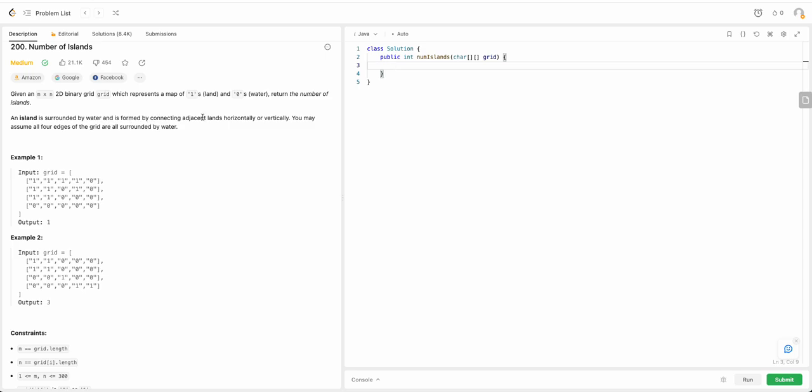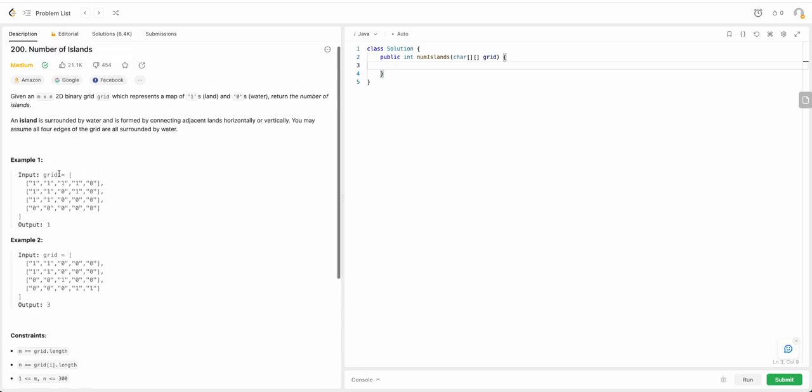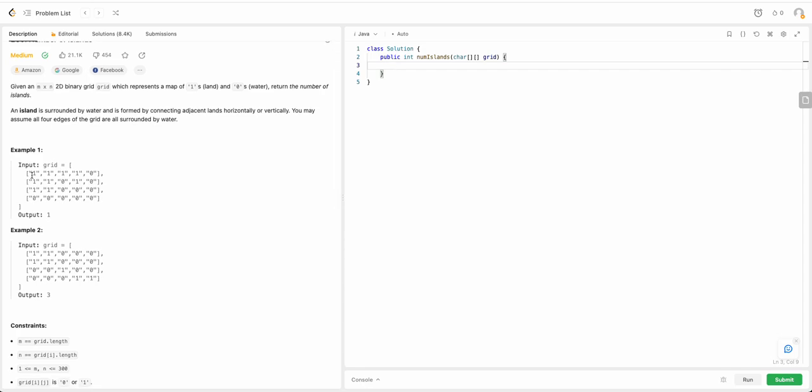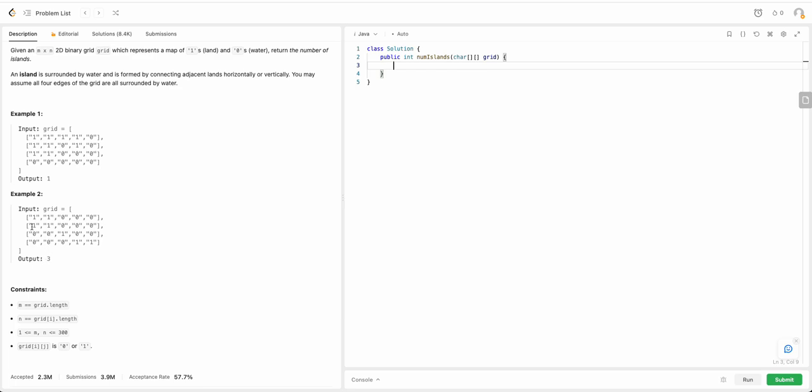It means we need to count the number of land, right? The number of land, which is the number of ones. For this example, we can see all the ones can connect together, so our output is one. For example two, we have these four ones that can connect